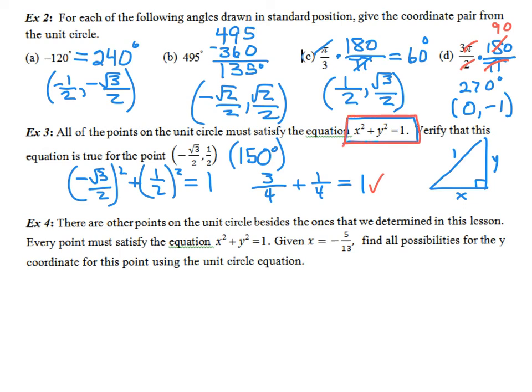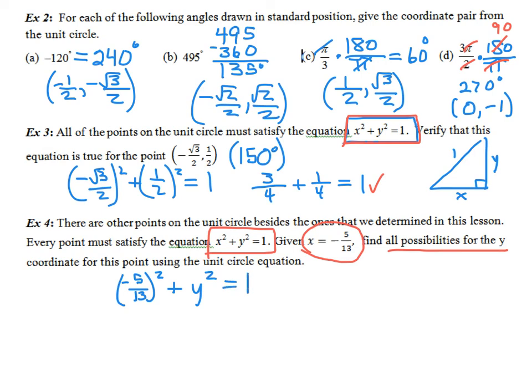Now this would of course be true for all the points on the unit circle. So let's try example number 4, where it says there are other points on the unit circle besides the 12 that we have designated. I am still going to use that equation, x squared plus y squared equals 1, but this time, if I've got an x coordinate equal to -5/13, let's find all of the possibilities for the y coordinate that would satisfy this equation. So for x, we're going to substitute -5/13. Let's square that. Plus y squared, we're trying to solve for the y,